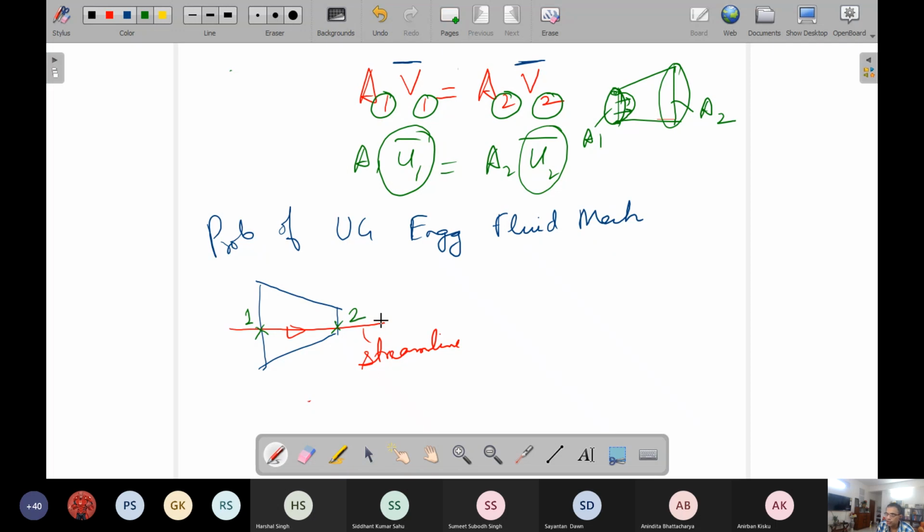On the streamline, there are 2 points, 1 and 2. So the problem may be that you are given the pressure at 1, you are given the pressure at 2,